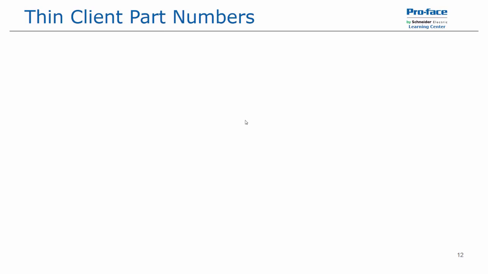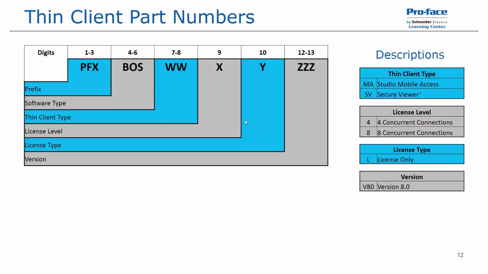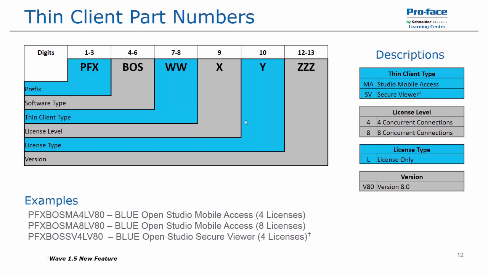Part numbers for the thin clients. The thin clients are both the SMA, or Studio Mobile Access, and Secure Viewer. Their part numbers follow the same syntax as other ProFace America products. Based on the table on the left and description on the right, we can determine what part number we need